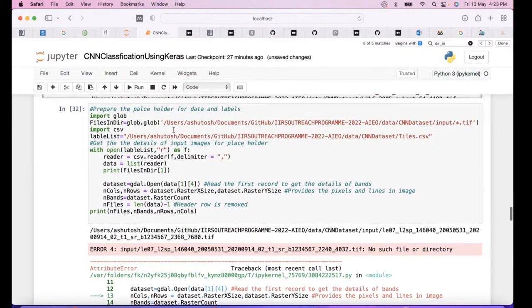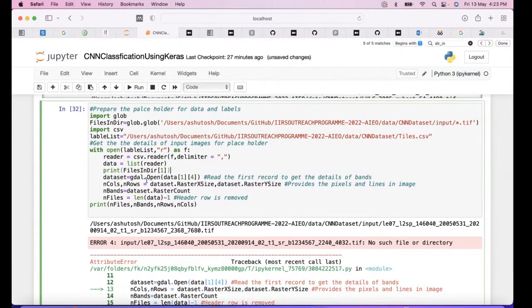Anyway, so we'll execute it and fix it at a later stage. So generally what we are supposed to do over here is that we are going to open the small chip over here, then get the detail of the corresponding rows and columns and number of bands for the image. And once we are having